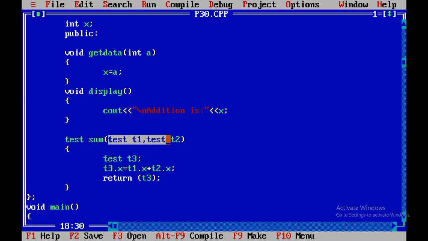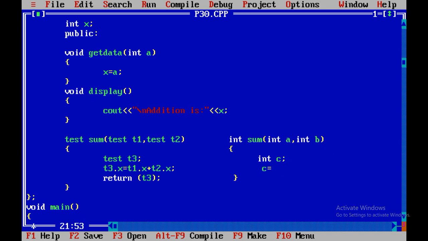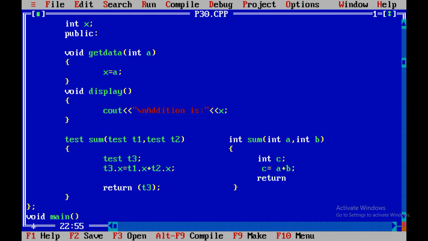It will return object, so we need to declare it as a class. Now we have passed two objects inside the argument while calling. This is exactly the same as integer sum, integer a comma integer b, integer c, c equals to a plus b, and return c.